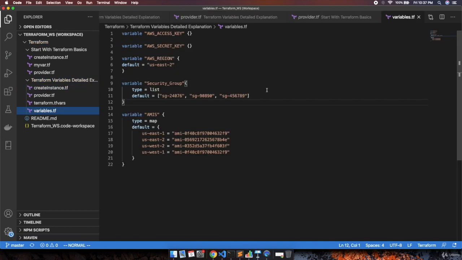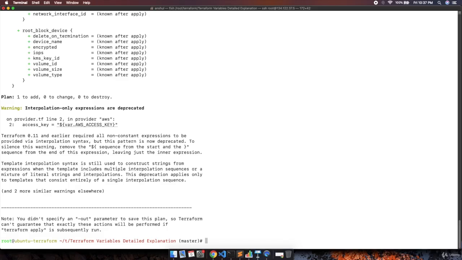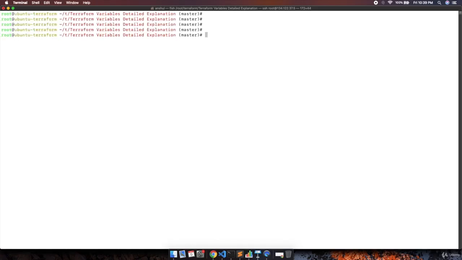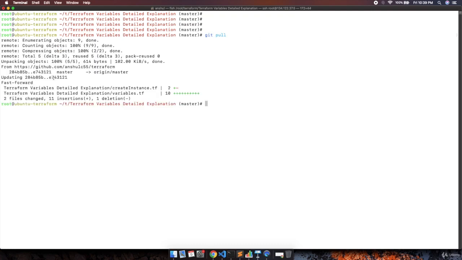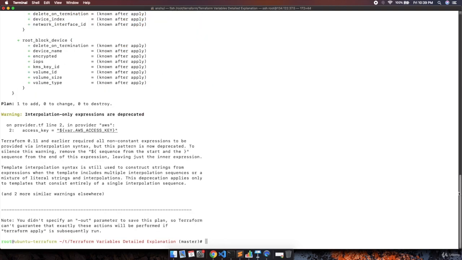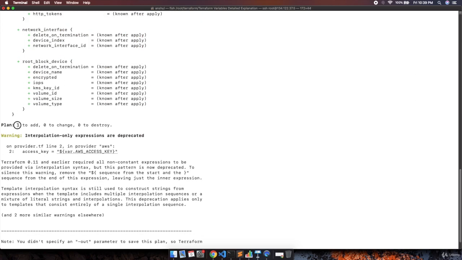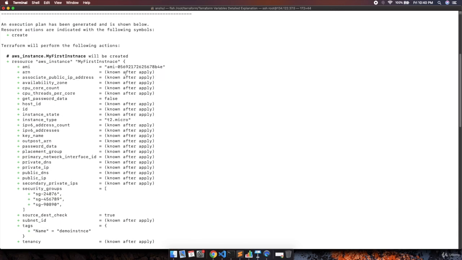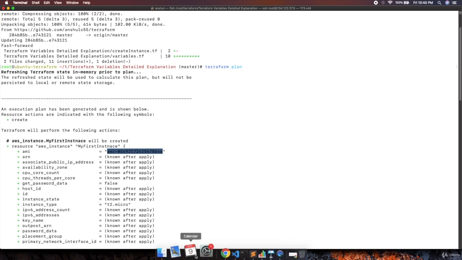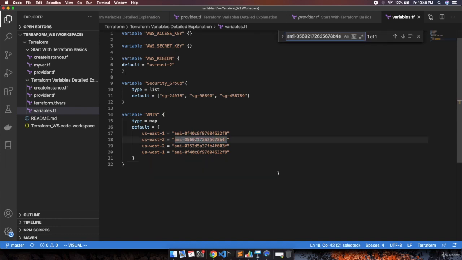Now on the Terraform machine, we will do the git pull. So I will clear out the console, and on the Terraform machine, we will execute the git pull. And you can see we got the latest code in variable.tf and create instance.tf. Now let's execute the command terraform plan. Hit enter, and you can see the terraform plan says 1 to add, right? If we scroll a bit, over here we can see we are getting this AMI. And let's see which region we have defined against this AMI. So if I find it, we have defined the US East 2, and US East 2 is the